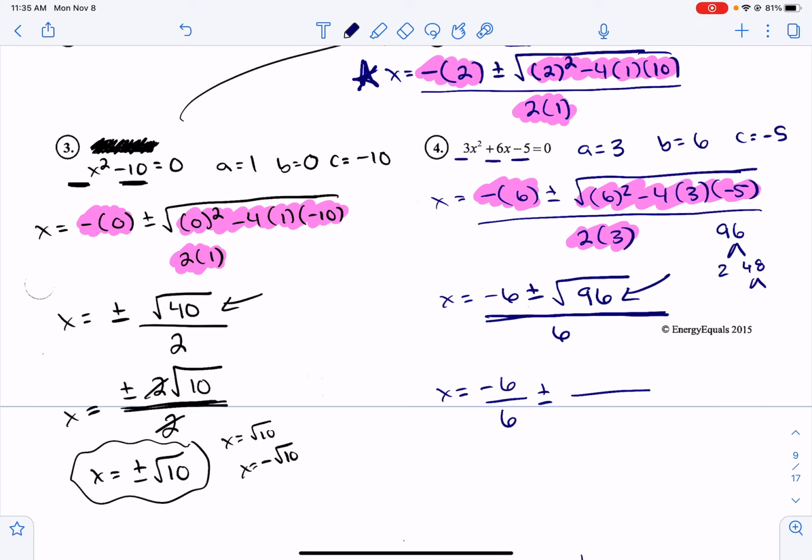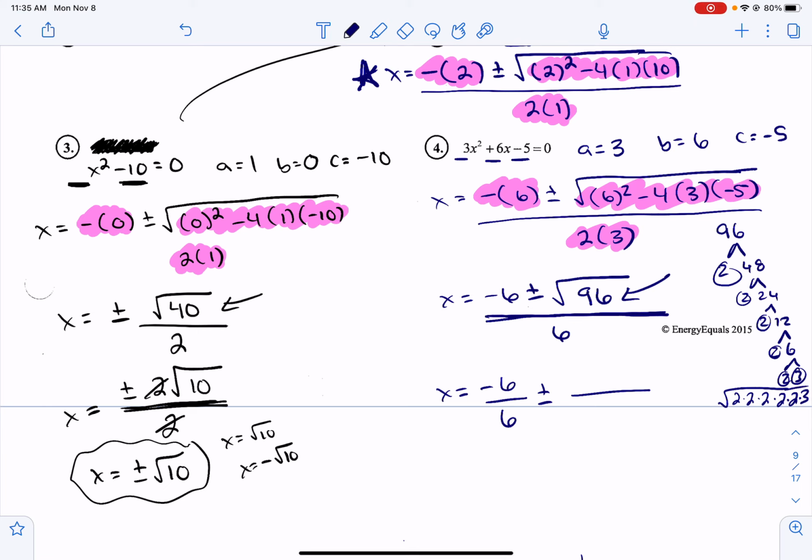Am I okay with that? Yeah. 2 times 24, 2 times 12, 2 times 6, and 2 times 3. Wow, that's a lot of 2's. So I end up with that 96 becomes the square root of 1, 2, 3, 4, 5 2's and a